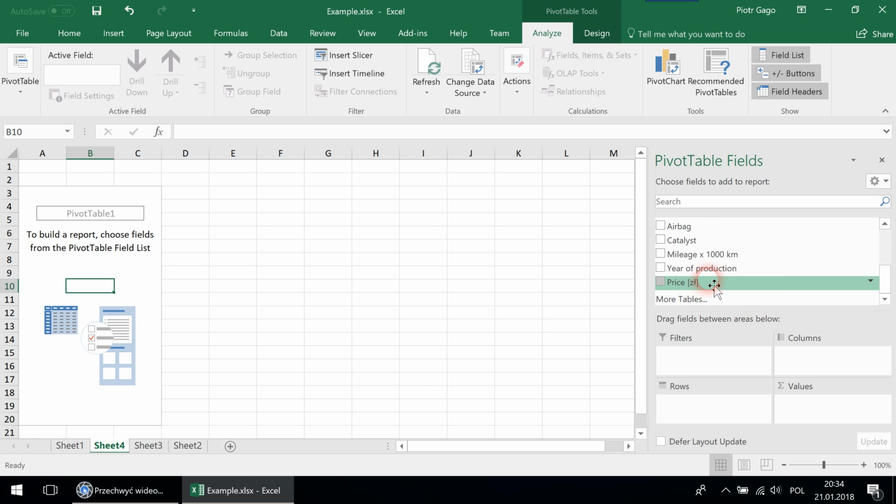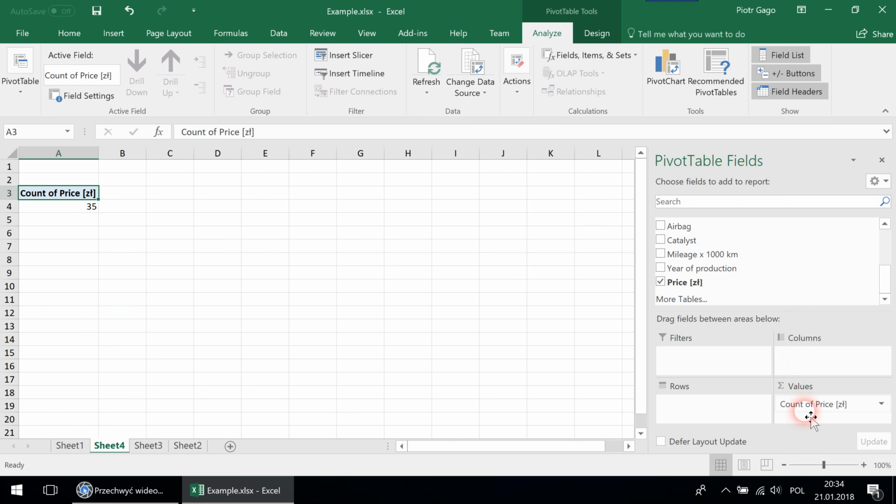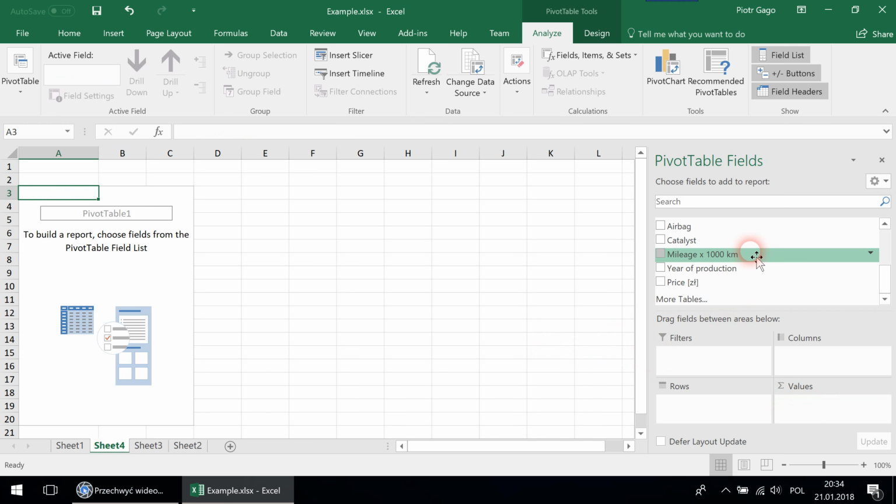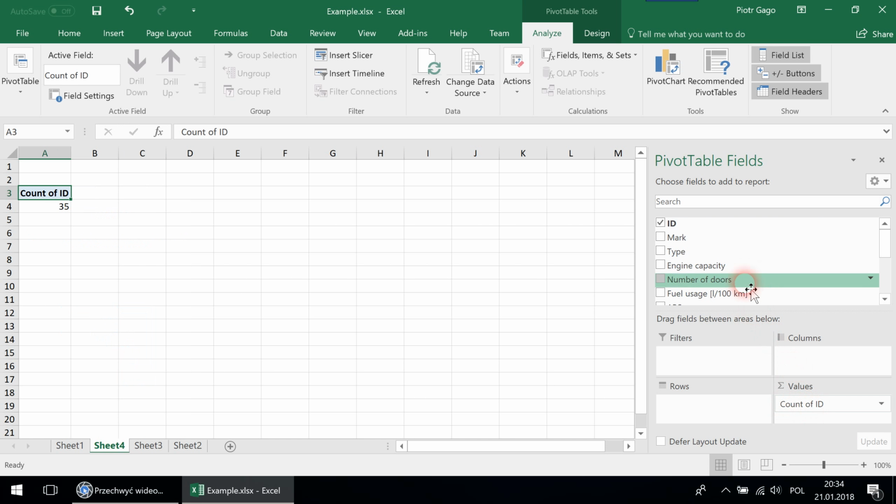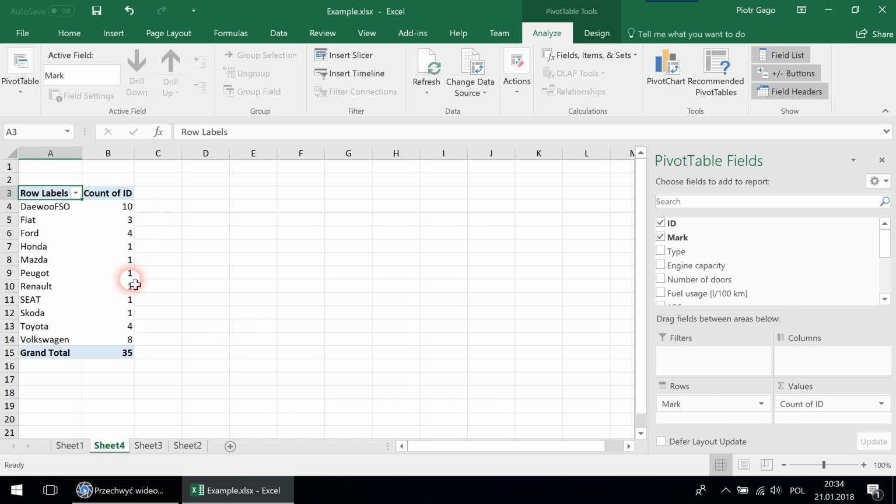Now what I can do now is I can actually drag those columns down, and basically I can decide how I want this report to look like. I can just dynamically generate a report. Now I will just drag the ID into the values section. Now I will drag the mark into the rows section, and we see that I very quickly created a report